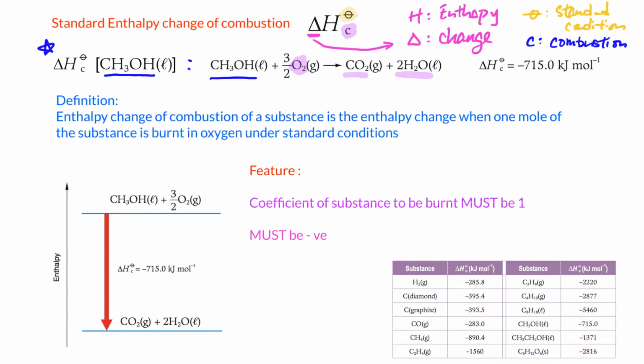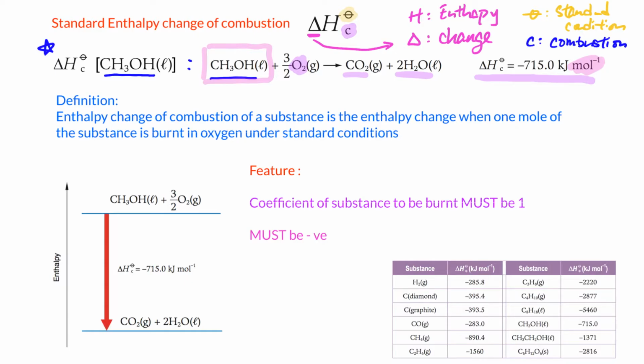And then at the end, we also need to show the enthalpy change in the process. So right now, the per mole here has a meaning. This per mole is referring to the CH3OH. Each mole of CH3OH, when we burn it, will release